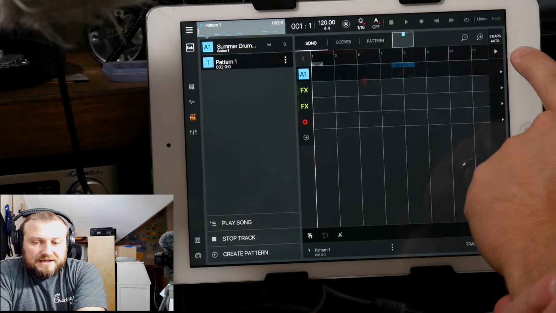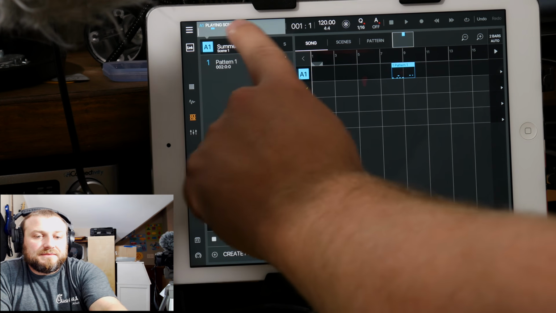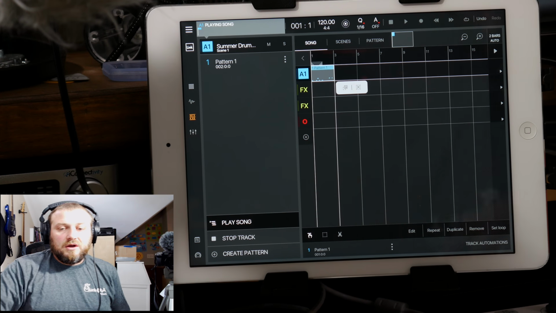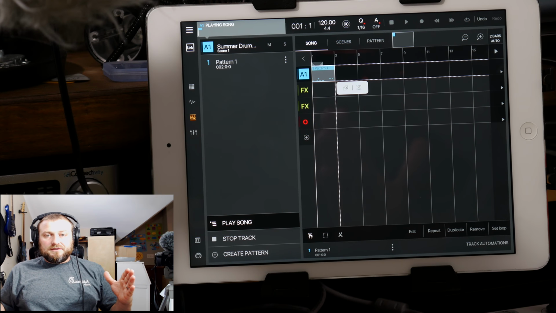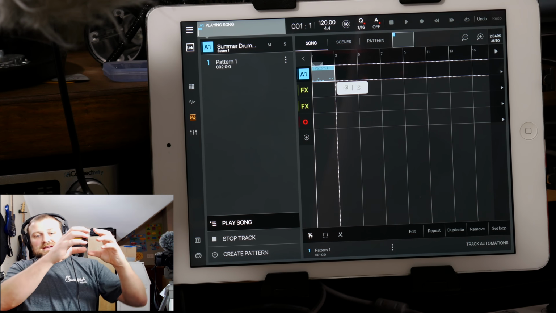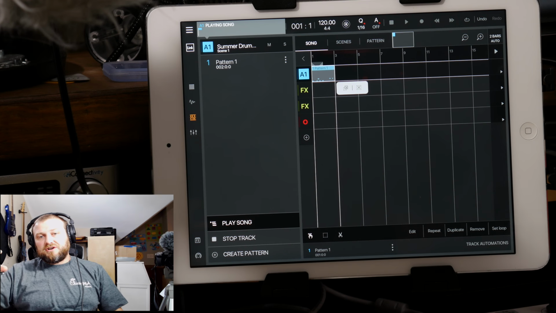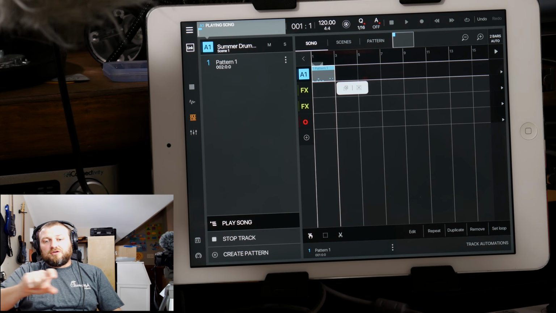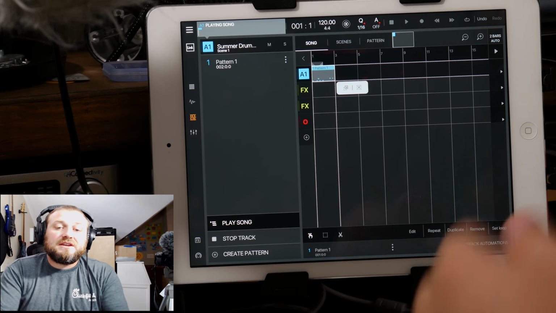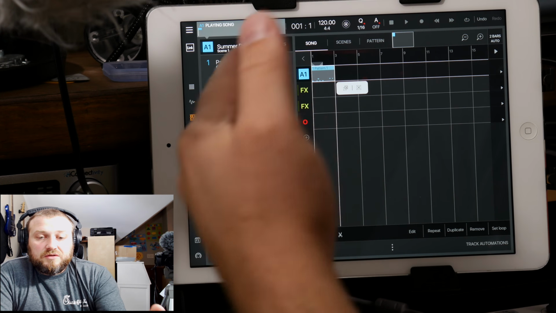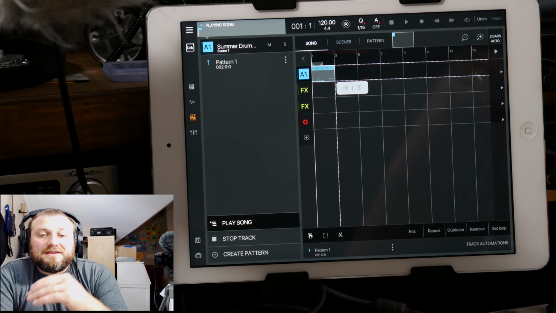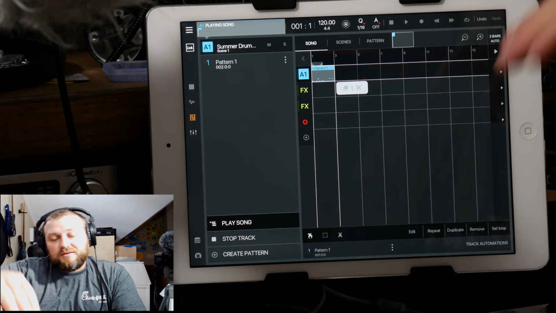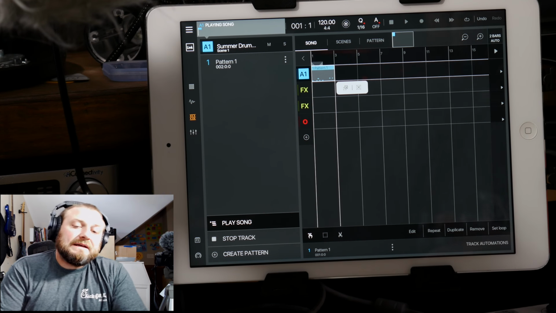But if I go to song mode and I hit this little play bar up here, now you can see A1 playing song, and that's important later on when you want to record a longer loop over multiple instances of, say, pattern 1 drums, pattern 2 drums, pattern 3 drums, pattern 1 drums as like a verse, and you want to record something over those patterns. Then it works really well having song mode play for the drums, and then in the scene mode have it muted in the song mode,